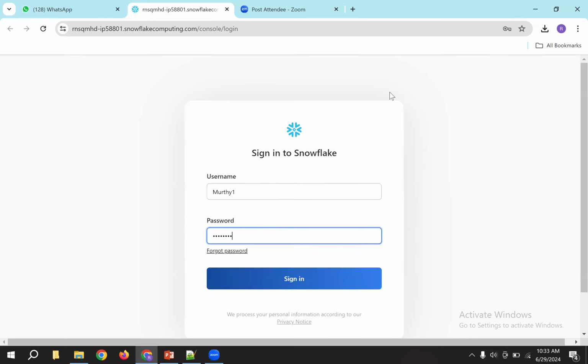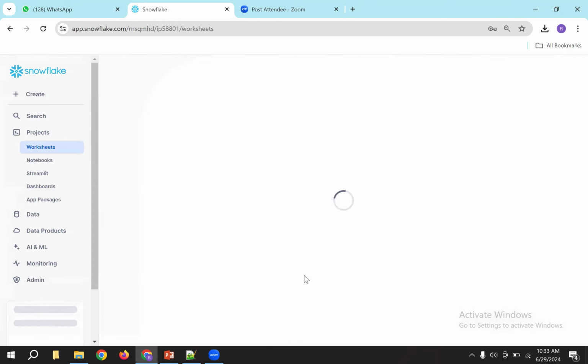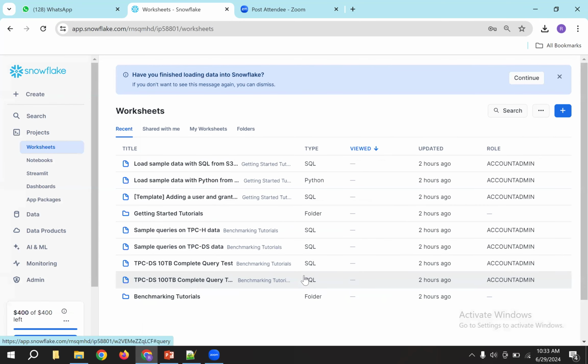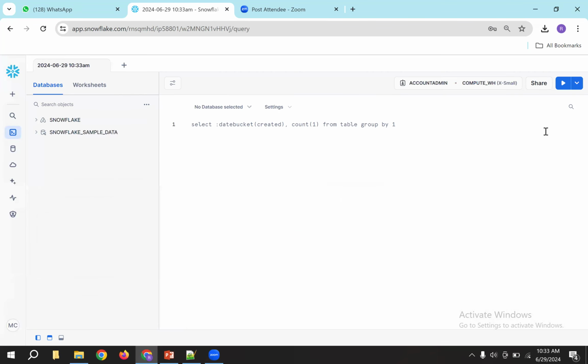I need to enter the username and password. I'm going to log in. So the Snowflake account looks like this, guys. Here you can create SQL sheets. So I'm going to click on this. I need a SQL sheet. So this is the Snowflake account, how it looks like.